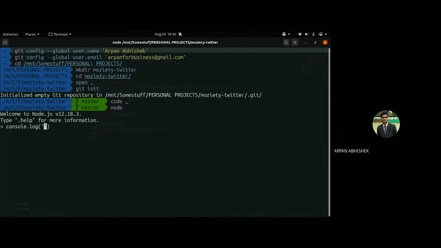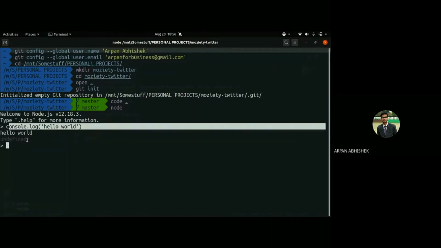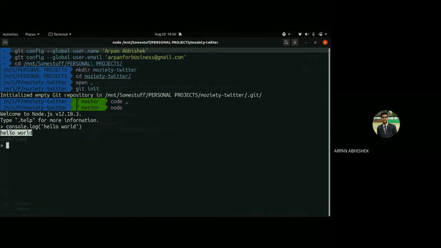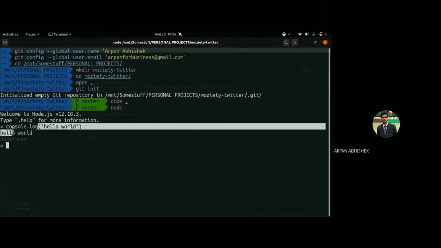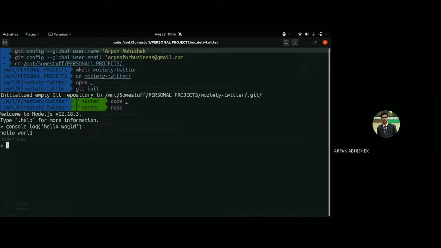So we can write hello world. The undefined is basically the return value of the function. console.log returns undefined, and it prints, like we have printf in C and print in Python, and that way we have console.log in JavaScript.